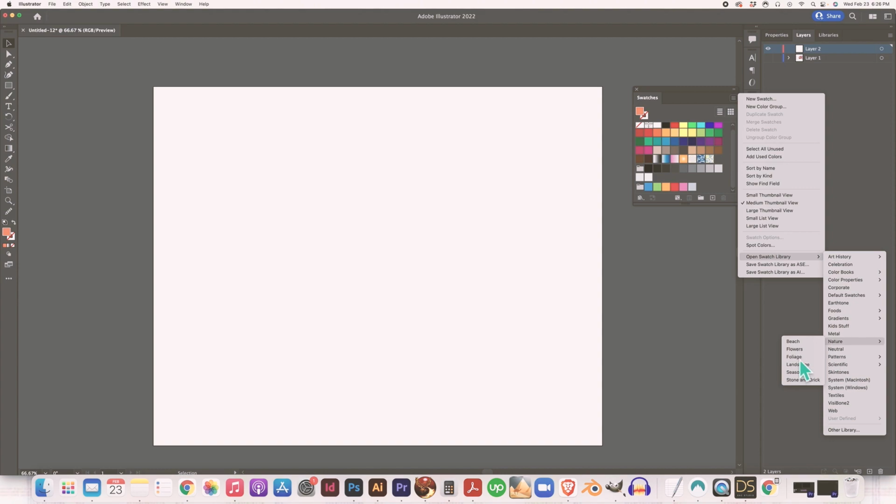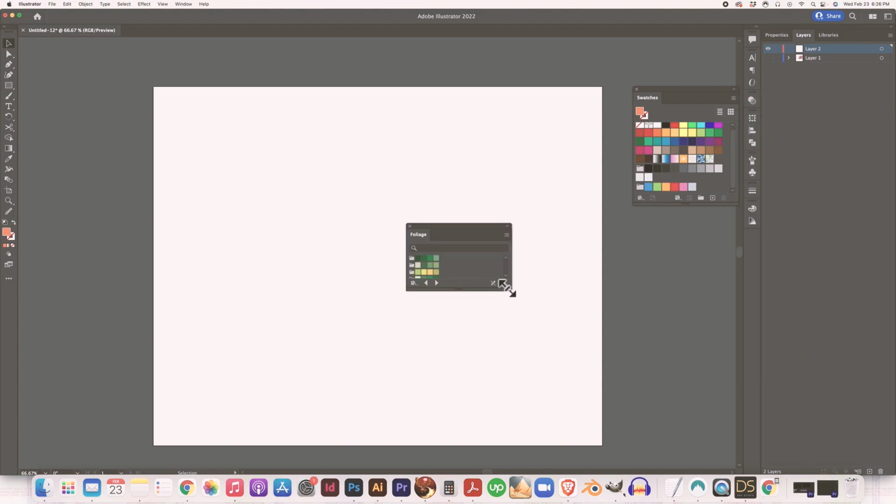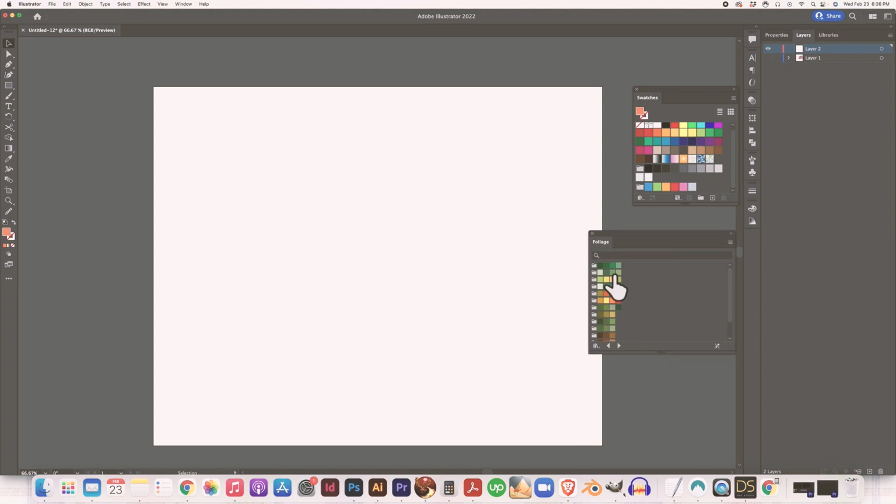Like these are all nature-y tones. So that's pretty nice because you have a palette of colors that work together, and looks like you have some complementary going on here and some analogous and different tones. So that would be a way that you could quickly get a palette to work with and know that it'll